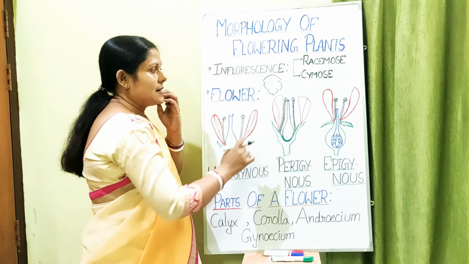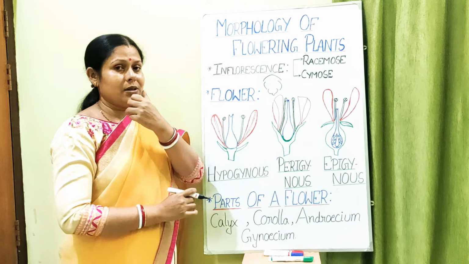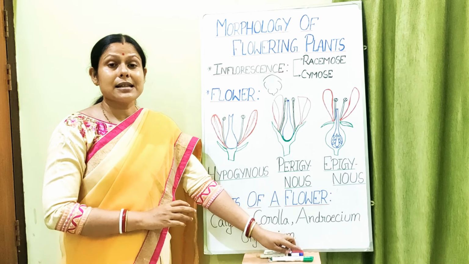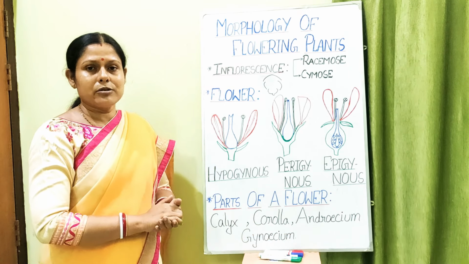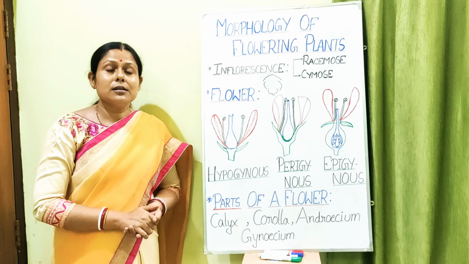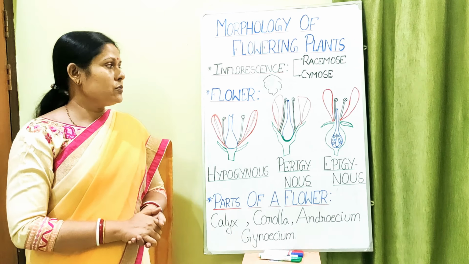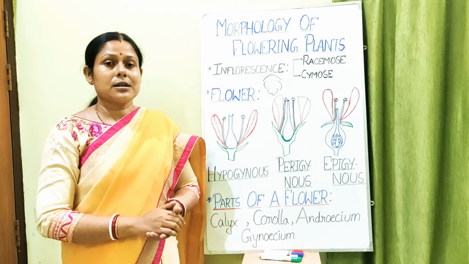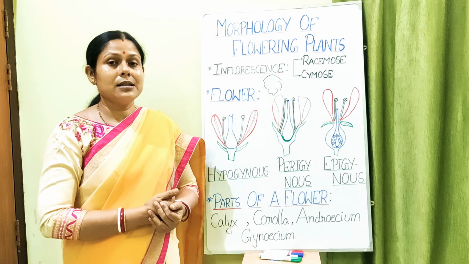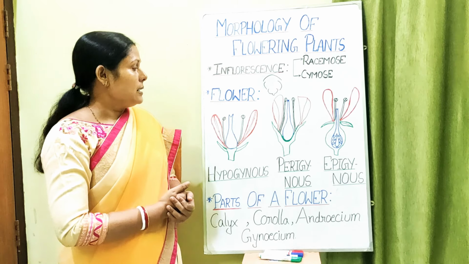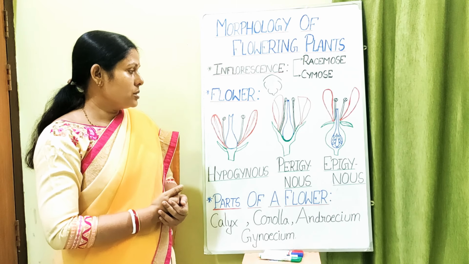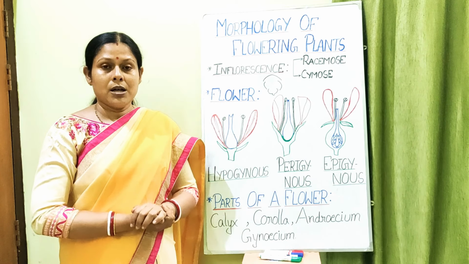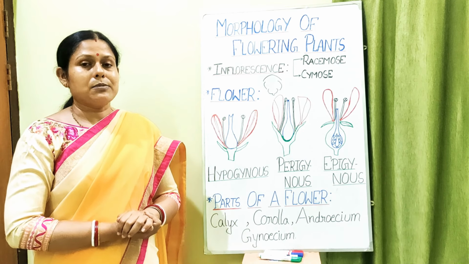So this will be the arrangement, or the estivation, which we find in plants like pea belonging to the Papilionaceae family. So these are the four main types of estivation which have been discussed in your book, that is, the arrangement of either the calyx or the corolla in the bud condition. Okay, next let us move on to the different types of flowers depending upon the position of the gynoecium.